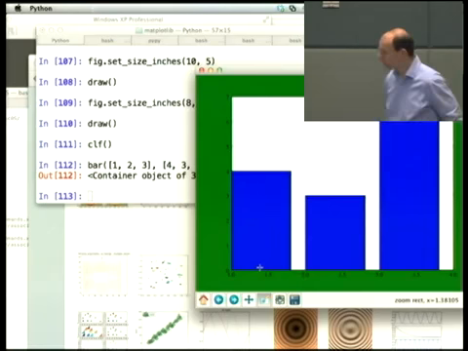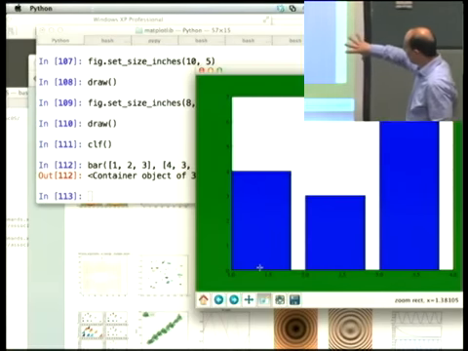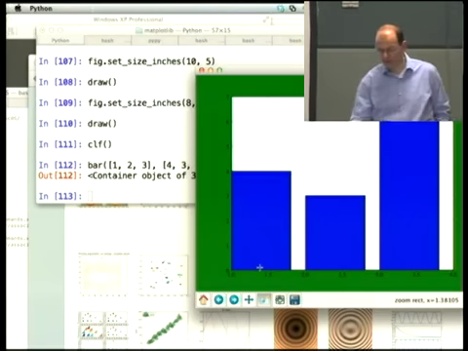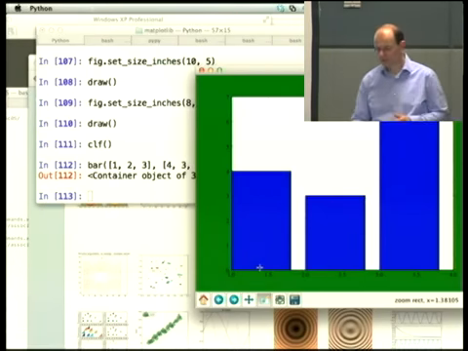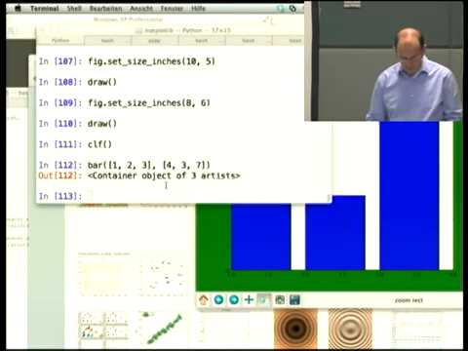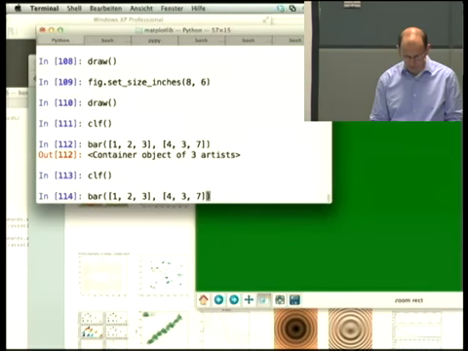And of course you can do way more. You can give it a different color. You can determine how wide the columns are, and all kinds of things. That's possible, and there are a lot of variations on this plot. But this one-liner gives you a simple bar plot. So if you need to do some quick and dirty work, you can do this, and it's very easy. There's also a horizontal one. I can use the same thing, just put an